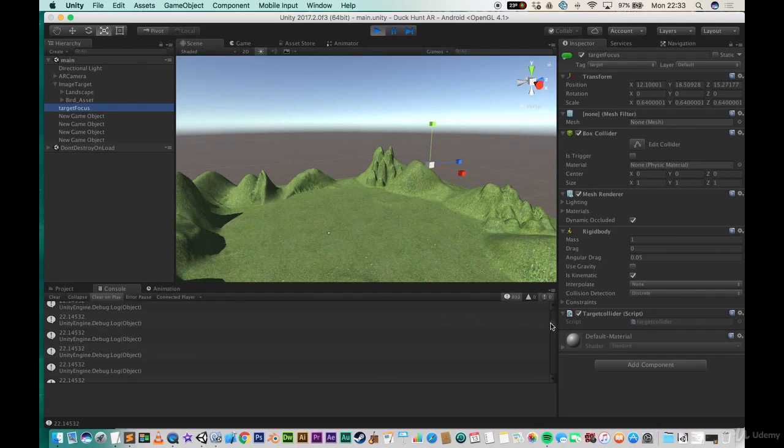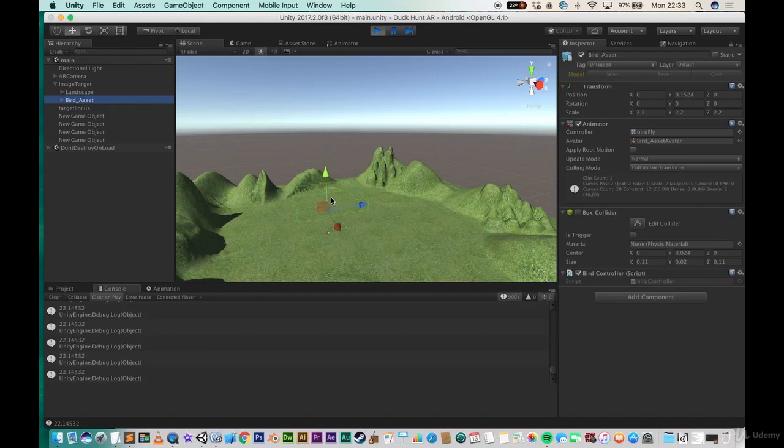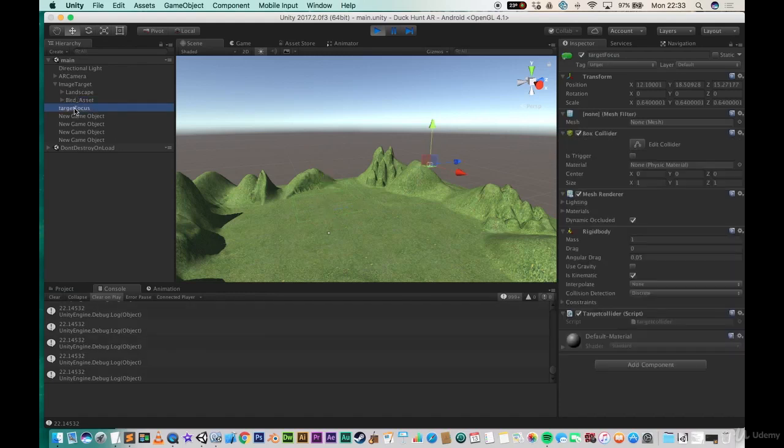And down here, look, in the console, in the update statement, the distance is 22 grid units across. Now, if I grab a hold of the target focus for a second and just move it away, now look where the bird is. There's the bird. Here's the target focus. I'll just move it away and watch this number increase. There we go, look. So you can see that by going after the target focus, the bird script has found the object,